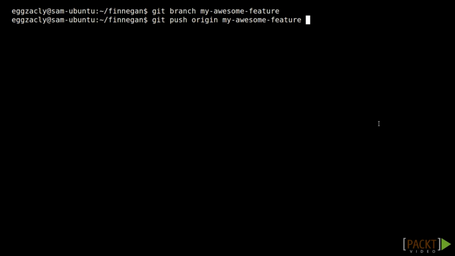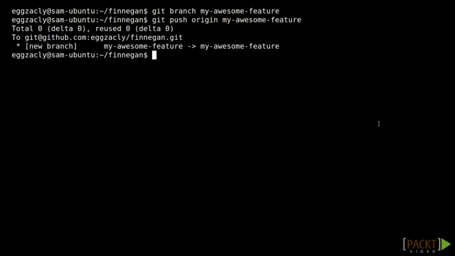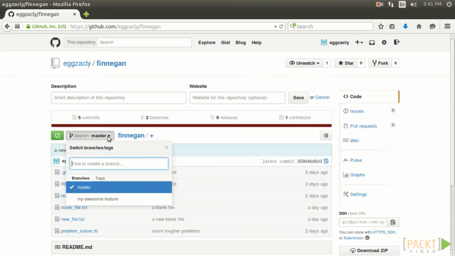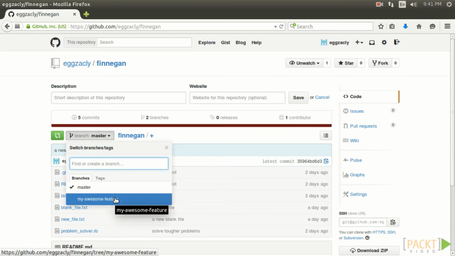The first argument to this command is the name of the remote, origin, and the second argument is the name of the branch we want to push, My Awesome Feature. So we submit that, and we see the output in the terminal verifying that our branch has been pushed. Now the new branch of code has been submitted to the remote and should be visible on GitHub. And you can see that the new branch is here in the branches dropdown, My Awesome Feature, ready for some